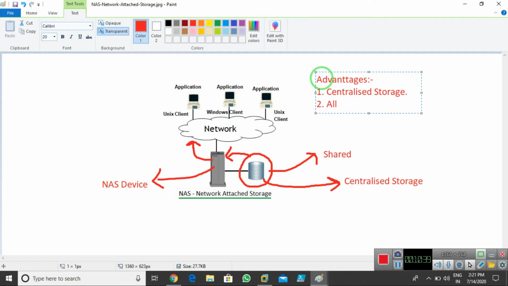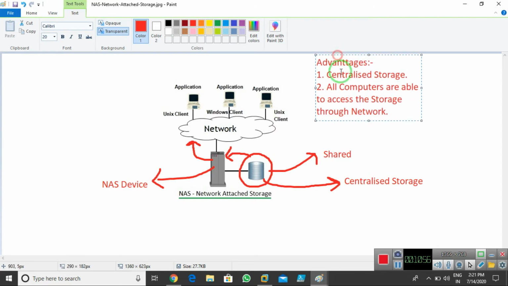all computers are able to access the storage through the network. That is what we have. The third one we have is that it is easy to manage.